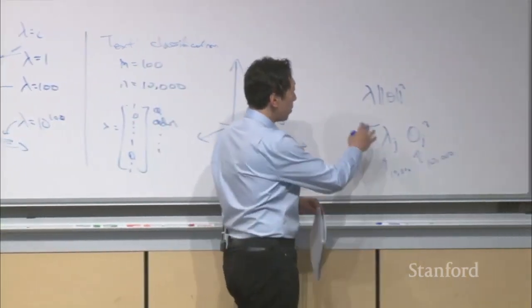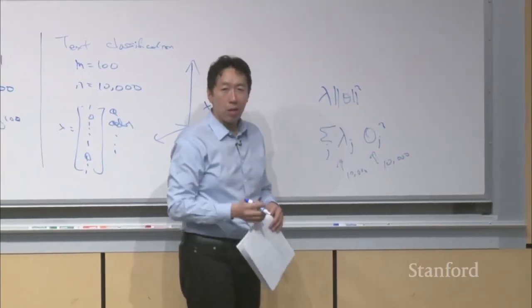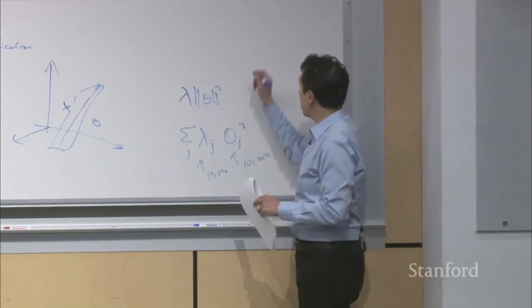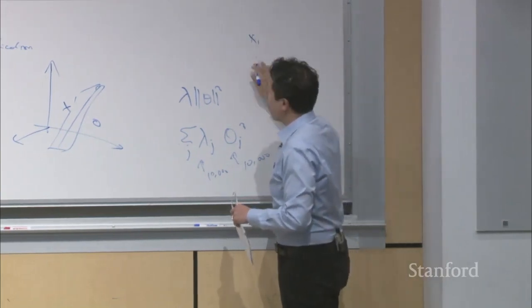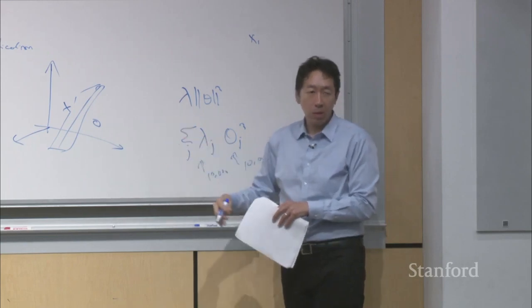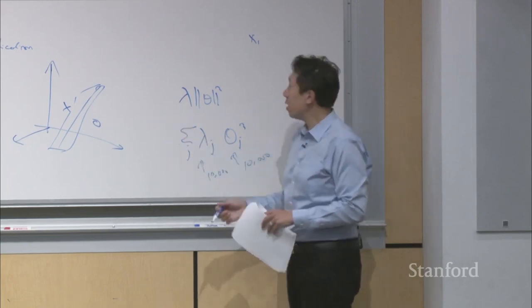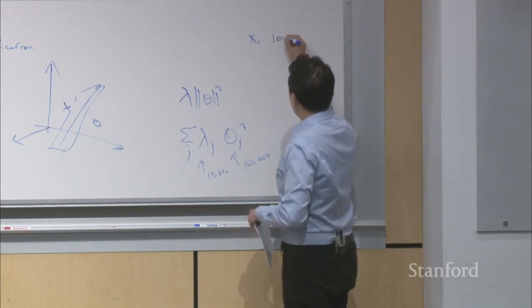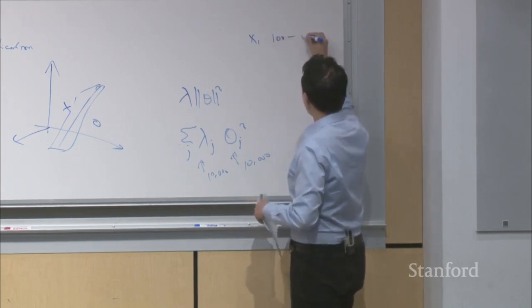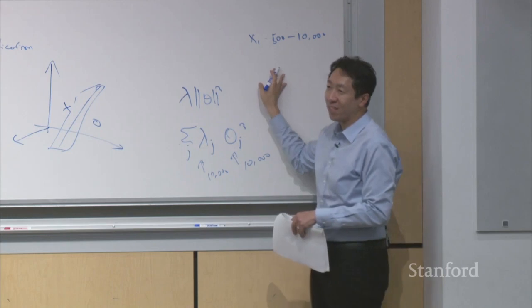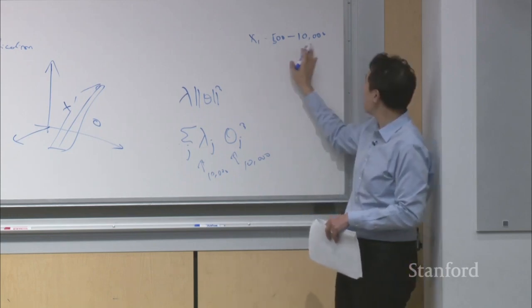In order to make sure that the different lambdas are on a similar scale, a common pre-processing step we use in learning algorithms is to take your different features. For text classification, if all the features are 0 or 1, you can just leave the features alone. But for housing classification, if feature 1 is the size of a house, let's say houses go from 500 square feet to 10,000 square feet, which is really, really big for a house,